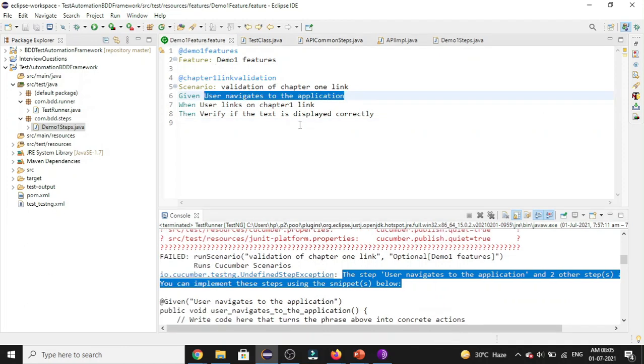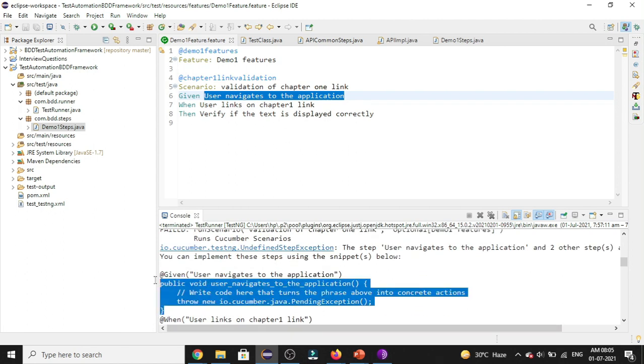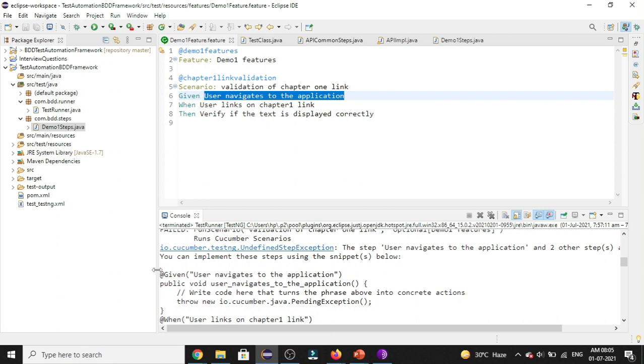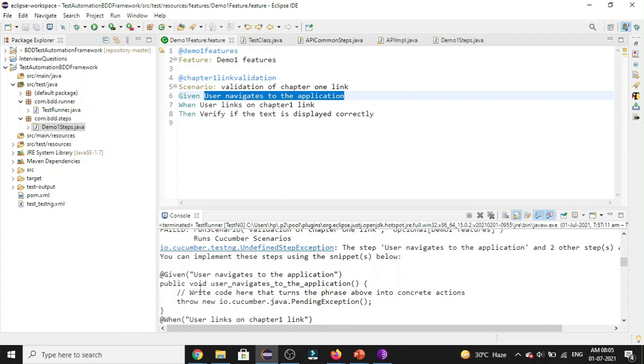So how to implement these steps? Cucumber has already provided with the information of how to implement in the console here. So if you see here, it is telling us you can use the annotations @Given, @When, and @Then to implement the steps. And it is also giving us the format in which we can implement it.